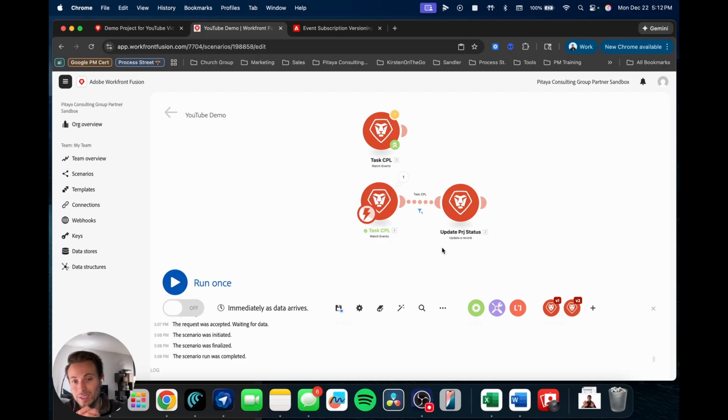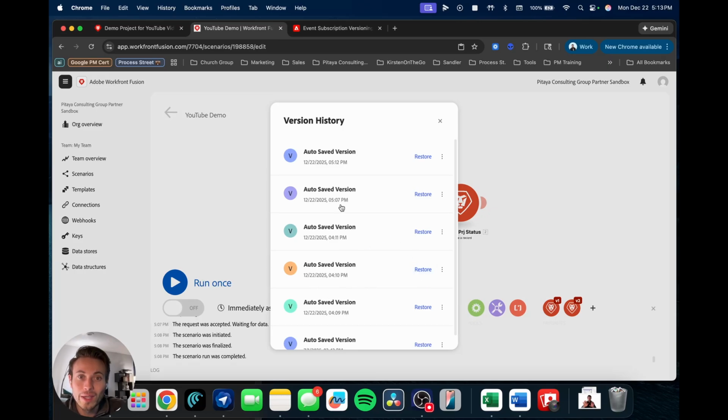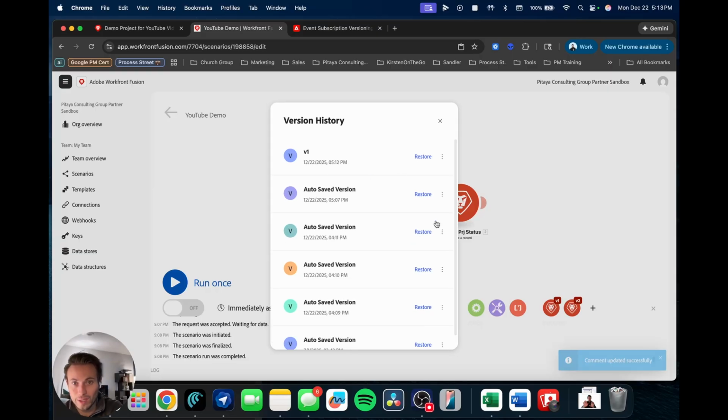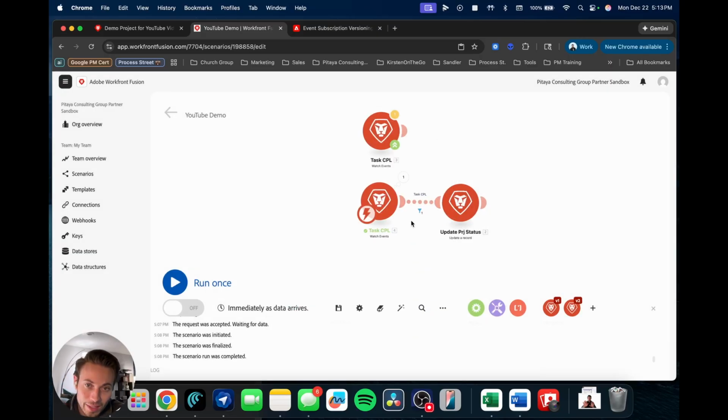Another thing I should have mentioned coming into this that I end up doing a lot of times is, before I make any changes, I'll save. So in this case, I didn't do it. I should have done it. But I would go in, save the changes, and then I would rename it. So I would come in here and say this is V1. I save it. Again, I know this is technically V2. I've already updated it, but assume I hadn't updated anything yet. I would do that as the very first thing, save it, rename that version as V1 in the save previous versions. Then I would make all my changes, and then I would